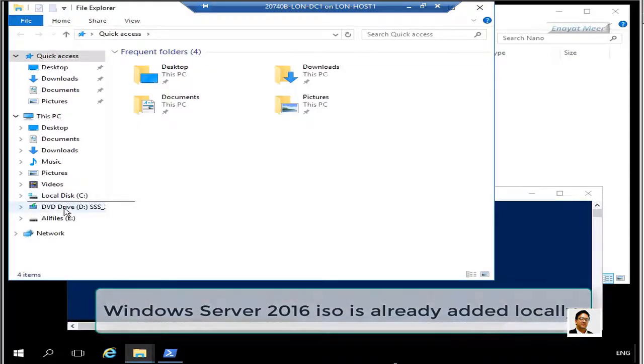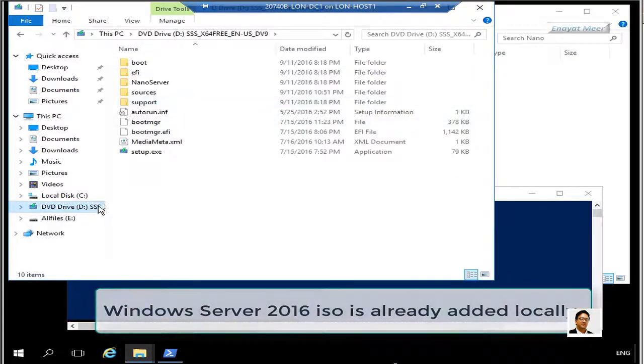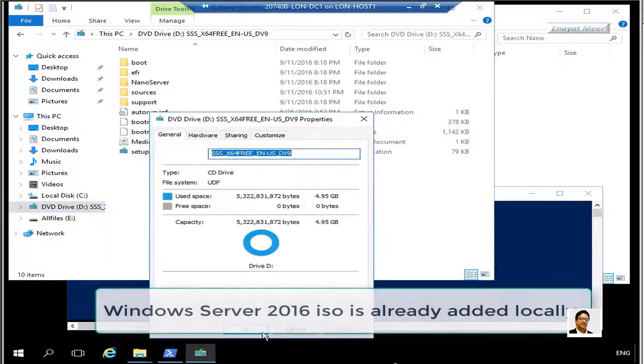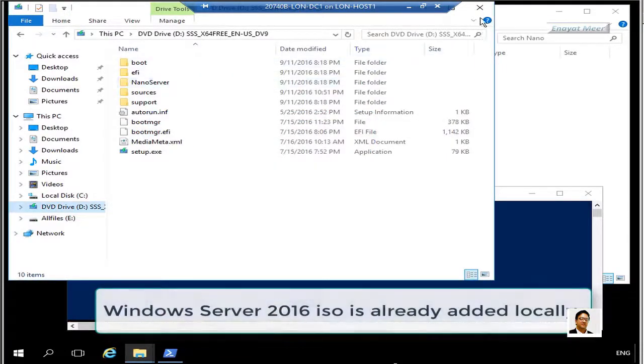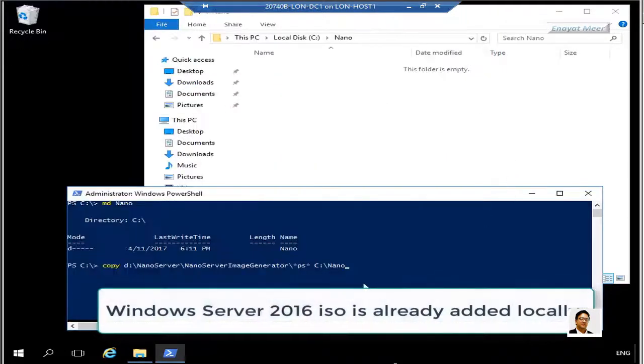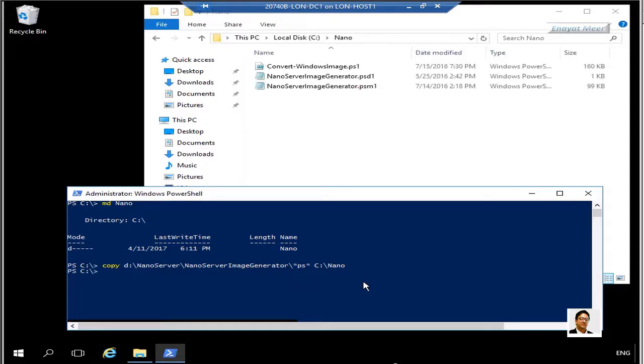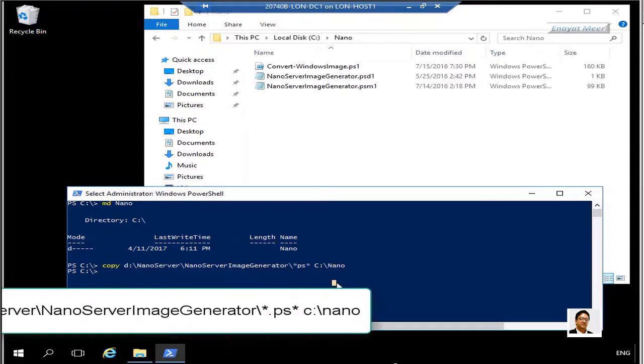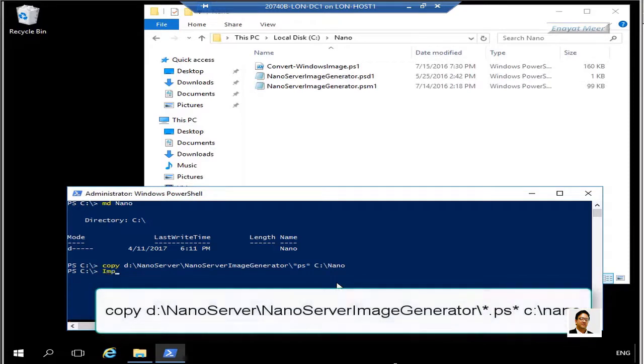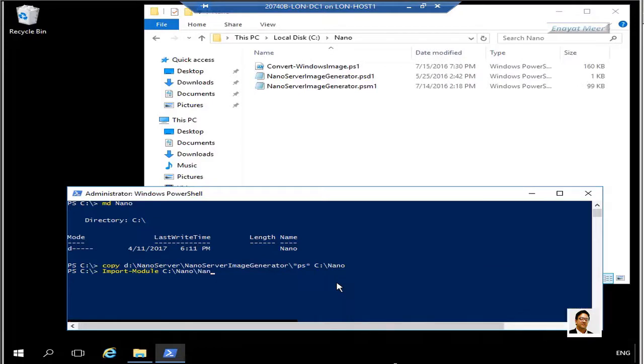Currently we are using the Windows Server 2016 operating system. In this command we need a DVD or ISO, which I already have placed into my DVD ROM. You will see that we are going to copy the contents into the Nano folder. So this is the command: d:\nanoserver\nanoserverimagegenerator